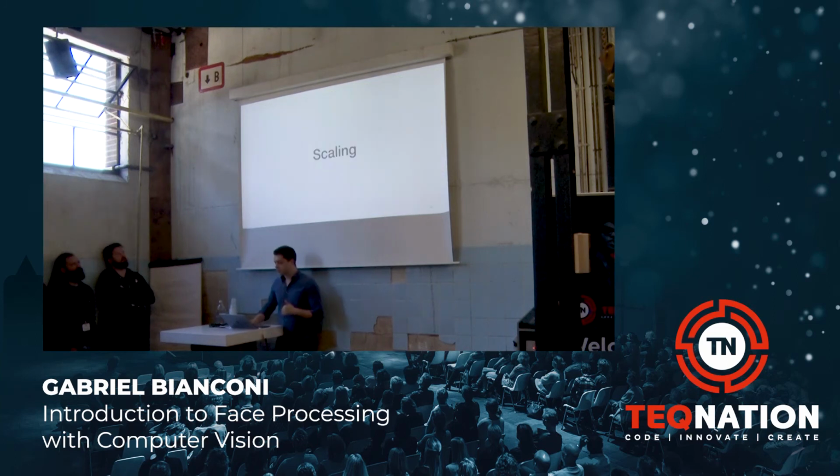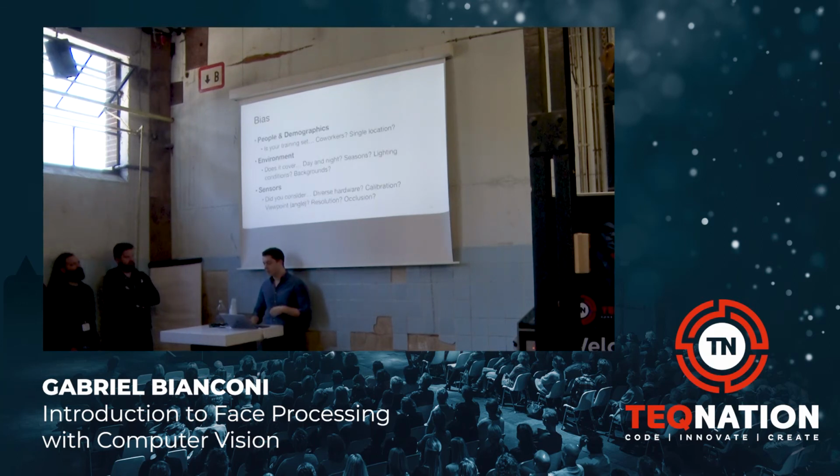And then finally, once you've determined what you want to do, and you want to scale this, then there are a number of concerns you might want to have to help you take this to the next level. So the first one is in terms of the biases of your data set. So a lot of people, for example, even from my experience, are collecting data from their coworkers or in your local area, your neighborhood, and so on. And this data set is going to be pretty biased. So if you want to do recognition or some other task using this sort of data, you need to be mindful of the diversity in terms of like the